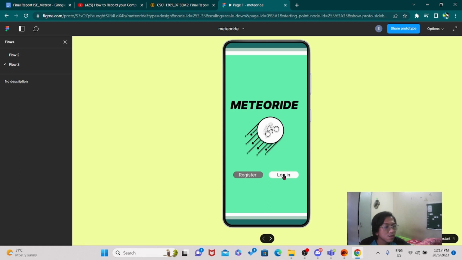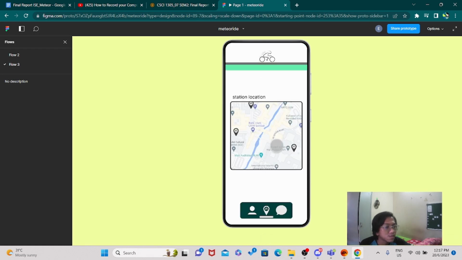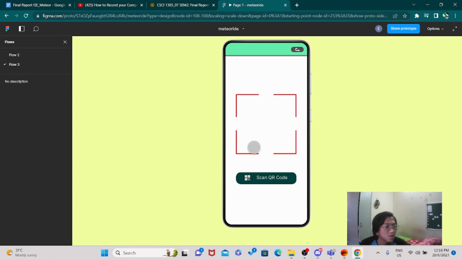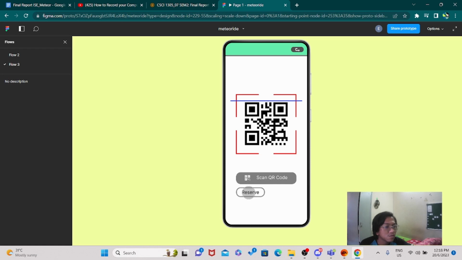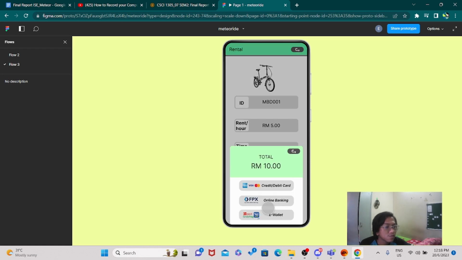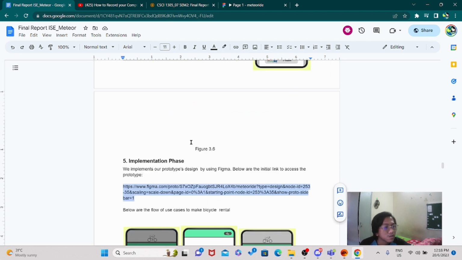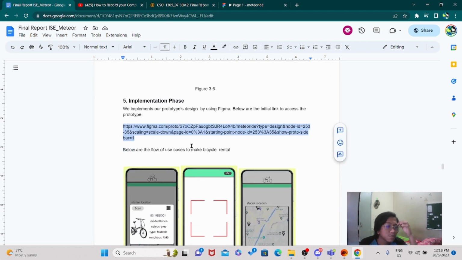You can type in this. You can choose one of these. You can choose this. Scan the QR code, reserve, and confirm. And this is the last page. Okay, this is the main use case that we have, the bicycle rental, the use case to make a bicycle rental.